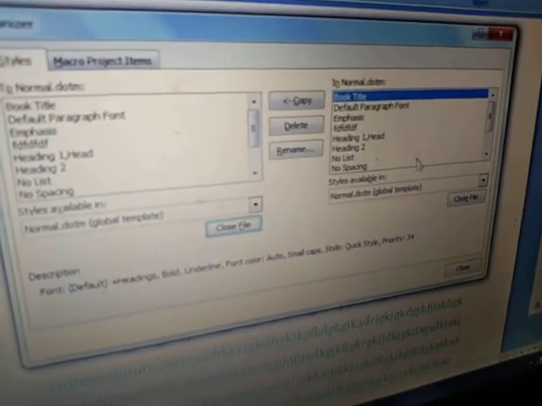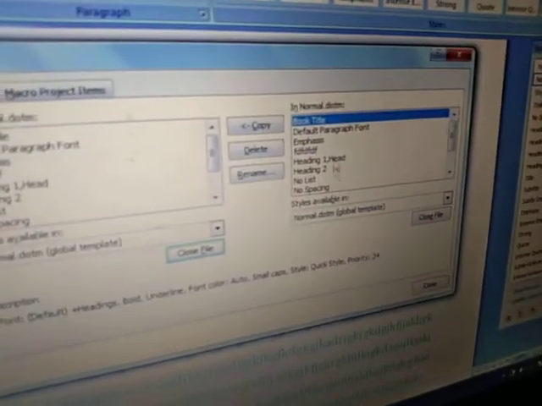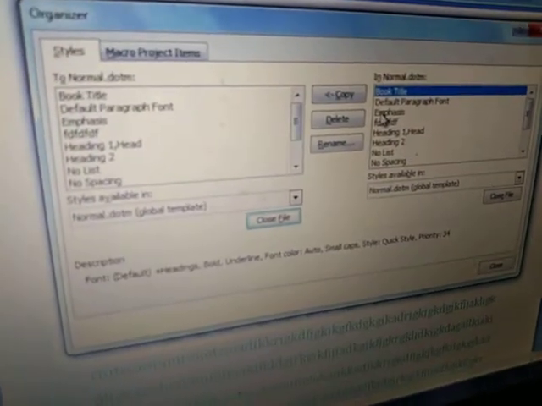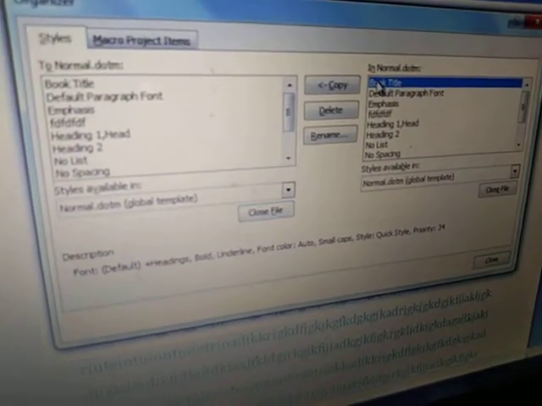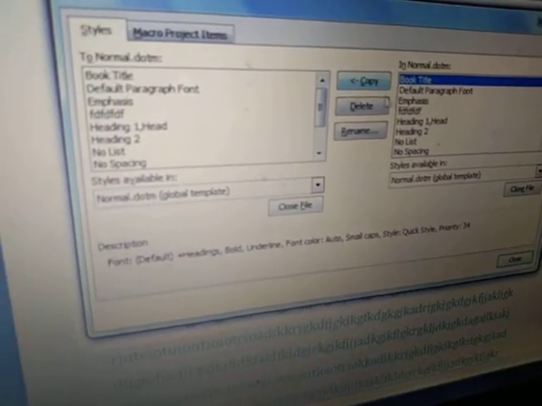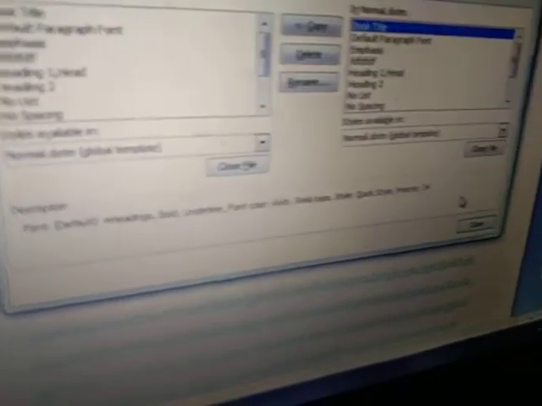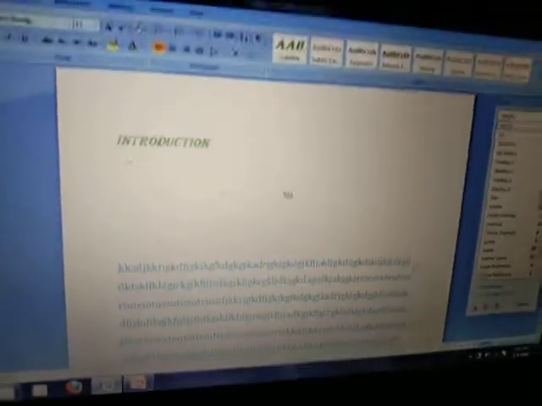This one is your Normal.dotm. These styles are available, and if you want to copy from there, you will do it here, and then click on close. It means by this we are sharing the styles in the template.